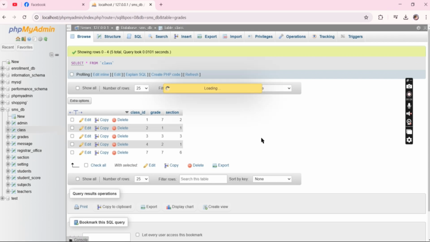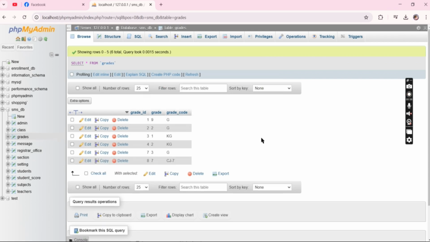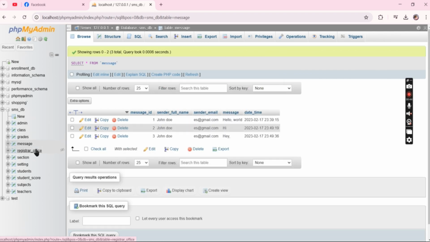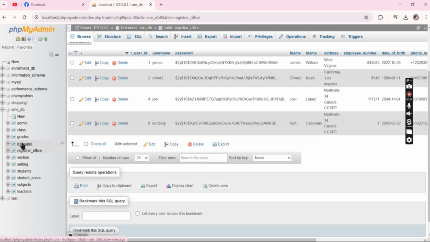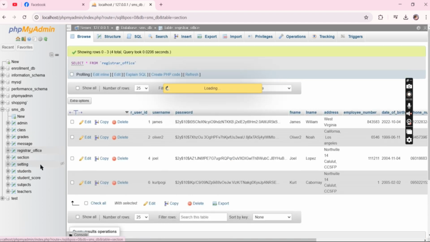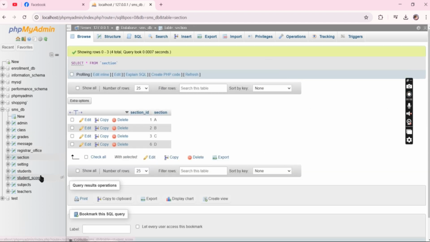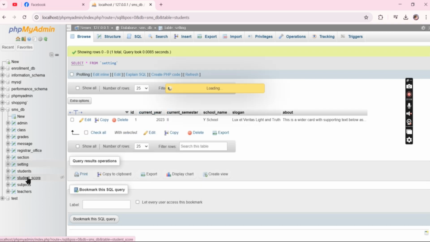For grades, grade ID, grade code. For message, the example for registrar office, section ID, section, for the setting, students.